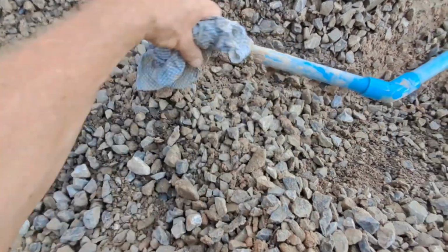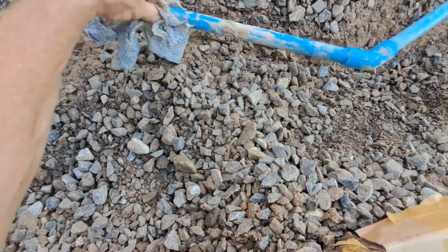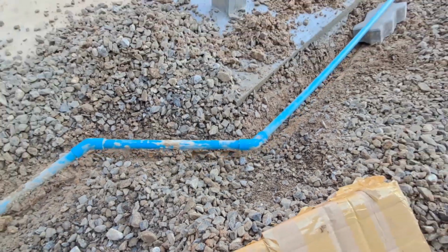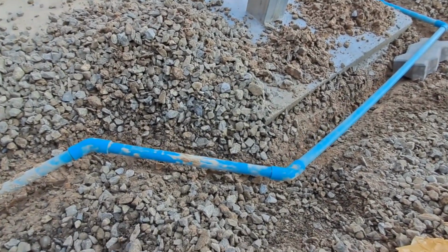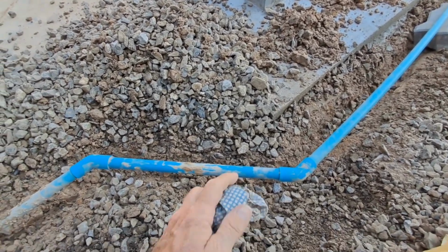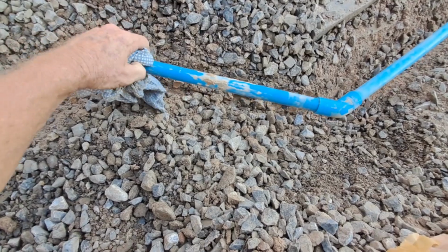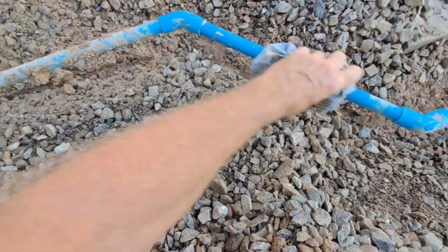We've had lots of storms recently, so it is generally damp underneath these stones. But the other thing that's happened is that they've done the top of this concrete pad yesterday, so there's going to be a little bit of water and stuff flying around here. So I can't put my finger on and say for certain that there's a leak just here. Might be, but